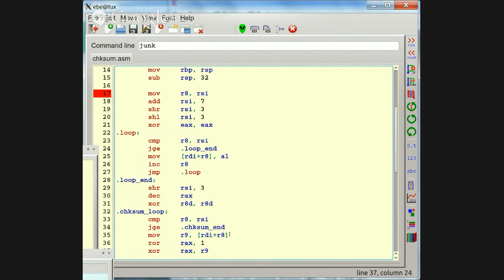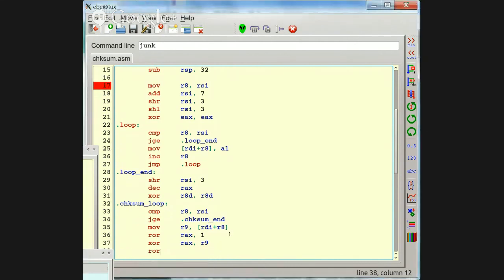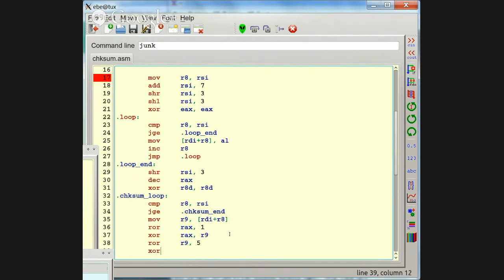To mix it up a little more, how about rotate right R9, 5 bits, and then exclusive OR one more time.